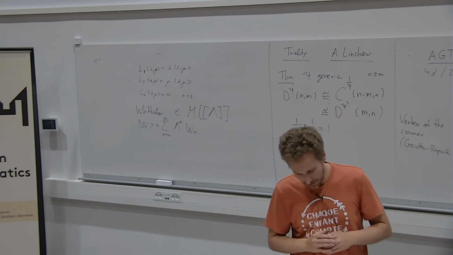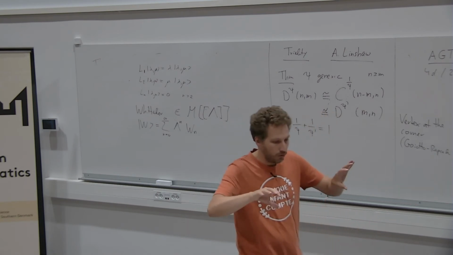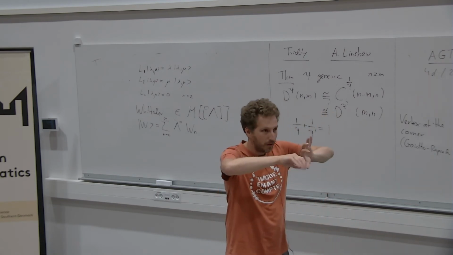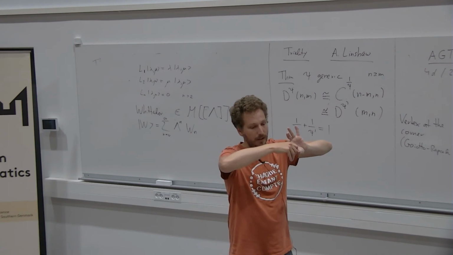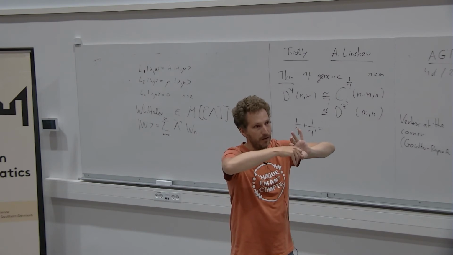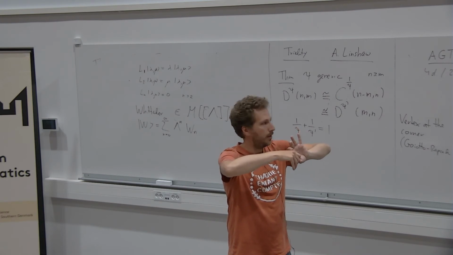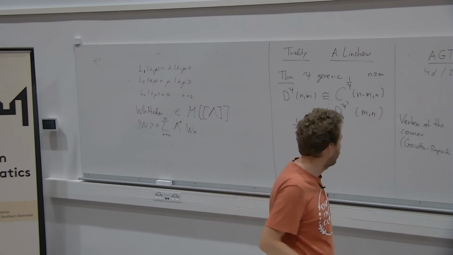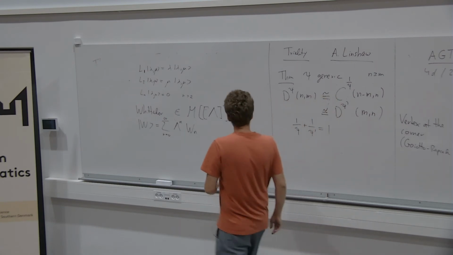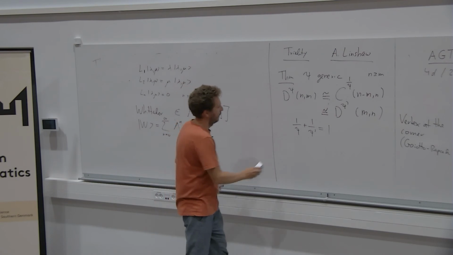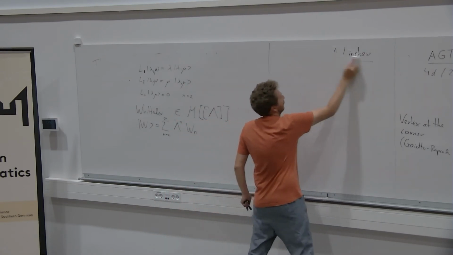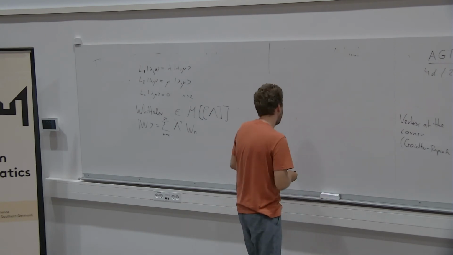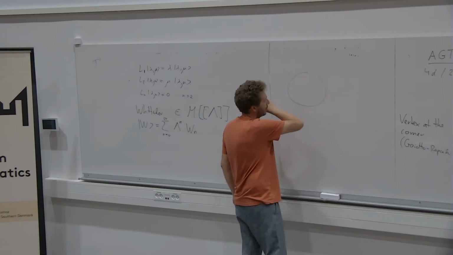And moreover, you can glue 2 4-manifolds on a common boundary to get a bigger 4-manifold by corresponding gluing of the VOAs along the tensor categories. So if you draw a picture, what we would like to have is... I have no idea how you draw a 4-manifold. Anyway, a 4-manifold looks like this for me.